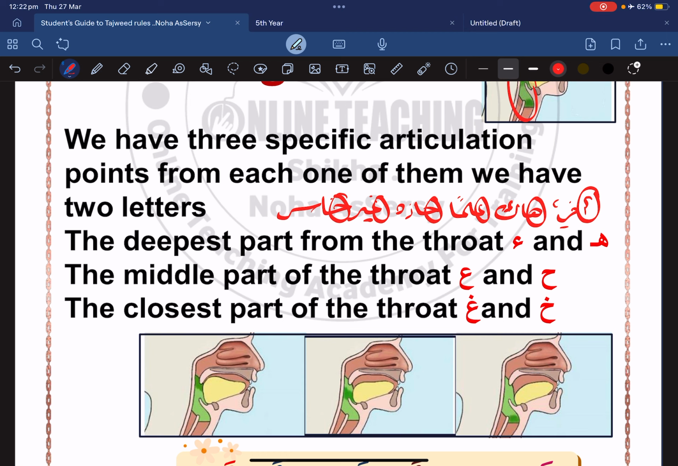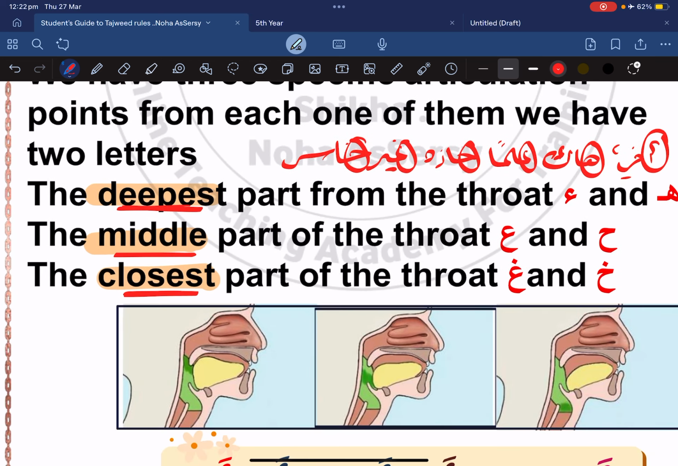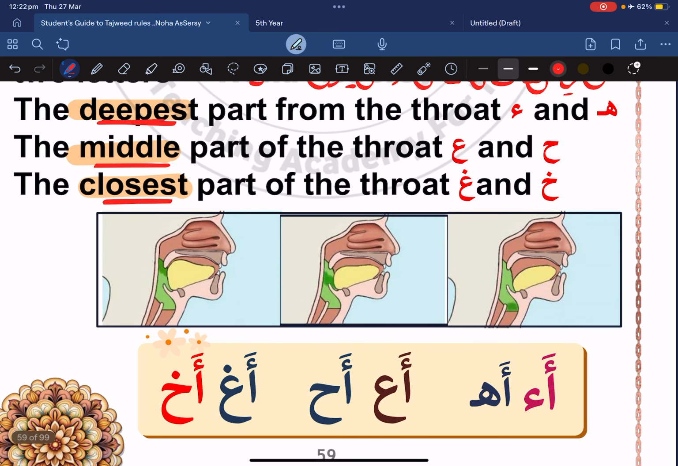Okay, we have the deepest part, and we have the middle part, and we have the closest part. Okay, we can say the deepest part is the bottom, we can say this is the middle one, and this one is the top. Okay, so now let's start with